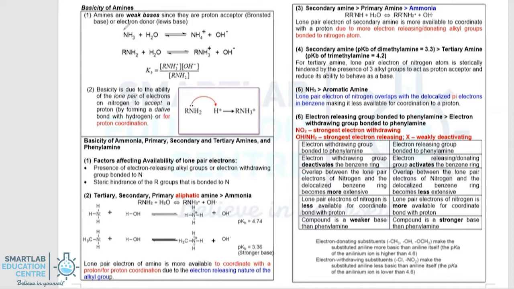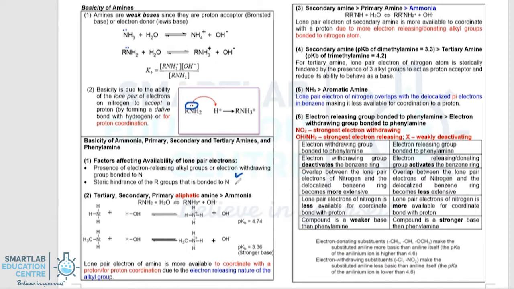Amines, like ammonia, are proton acceptors because the nitrogen is highly electronegative and they have a lone pair of electrons. So the strength of a base depends on the availability of the lone pair electrons to act as a proton acceptor. There are two factors that affect this availability. The first factor is the presence of electron releasing groups. The more electron releasing groups the nitrogen is bonded to, the more available the lone pair electrons will be to